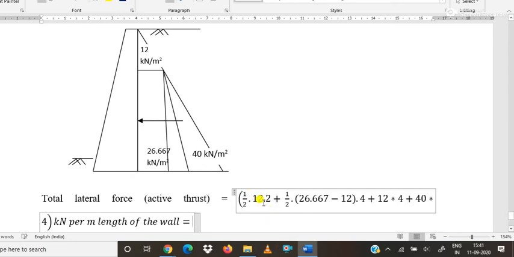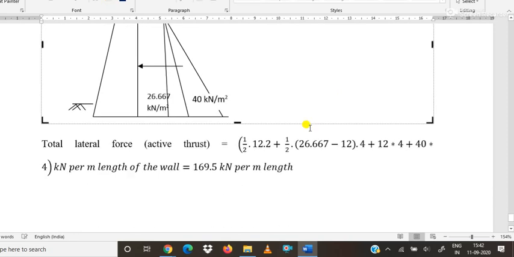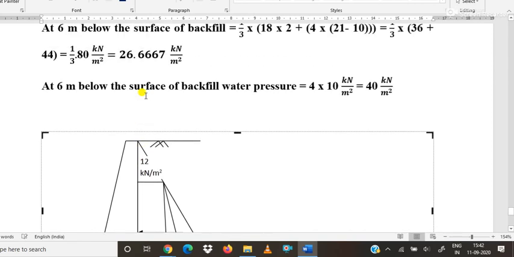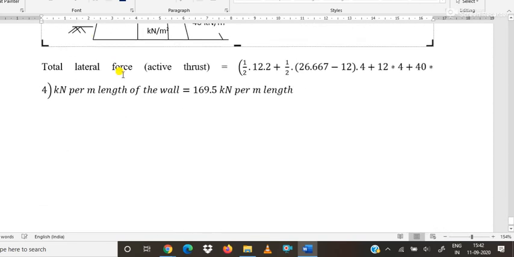It is most probably 169.5 or something, this much kilonewton per meter length. This is the total active thrust or total lateral force for the case when the water table condition is there, and